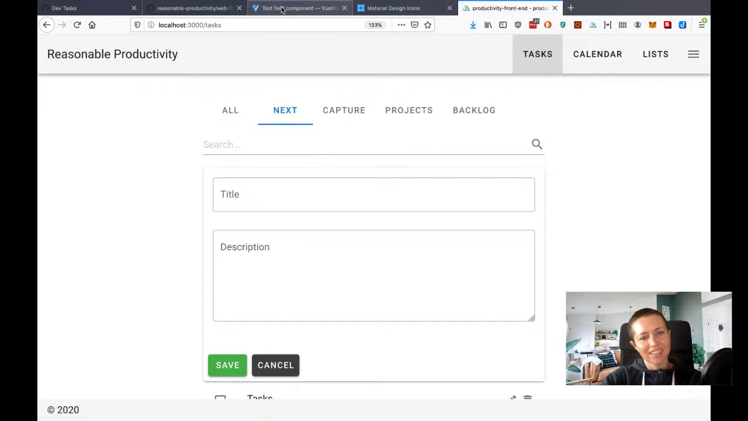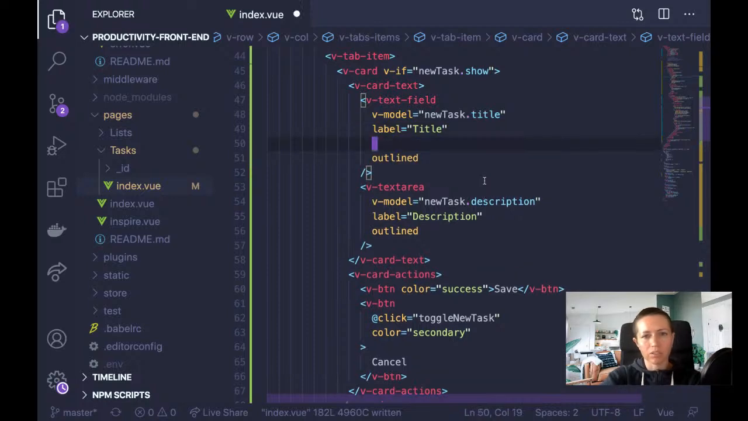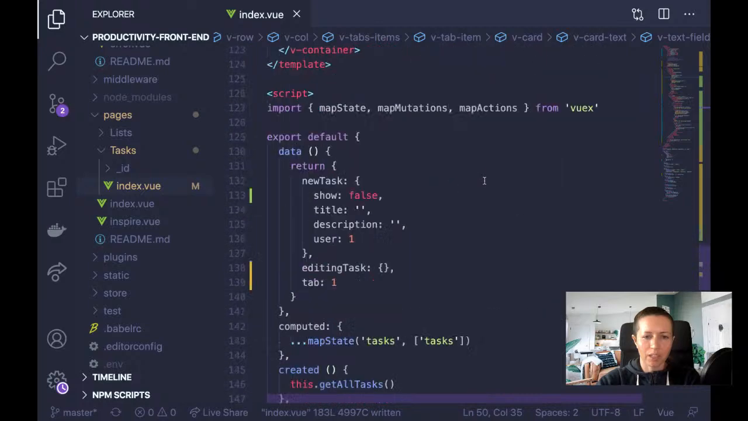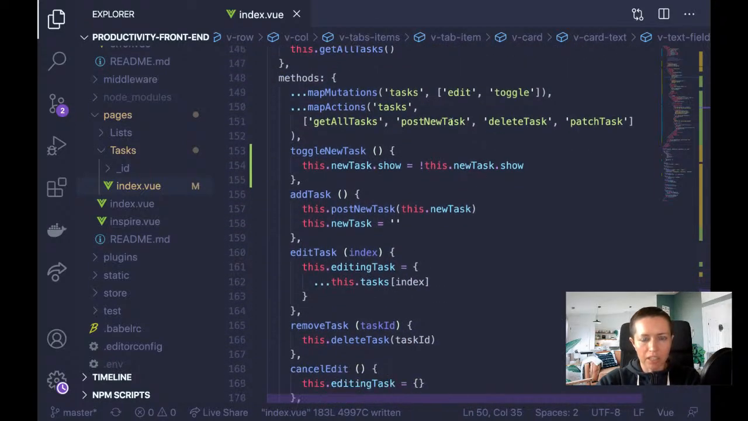Let's see. So in Vue, I think I have to do a ref here, don't I, to be able to focus it? So if I call this ref new task title, correct me if I'm wrong, anybody. And let me go, so when I open that new task, toggle new task,